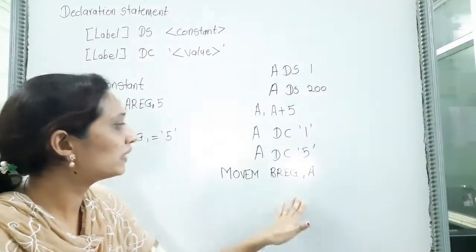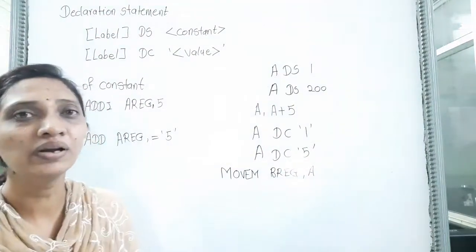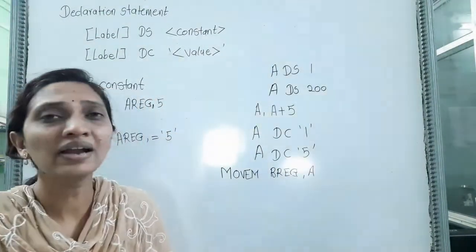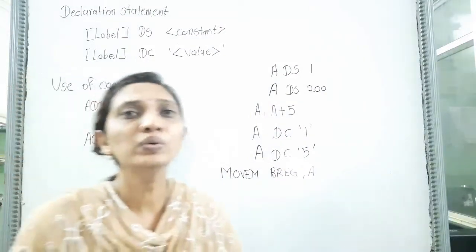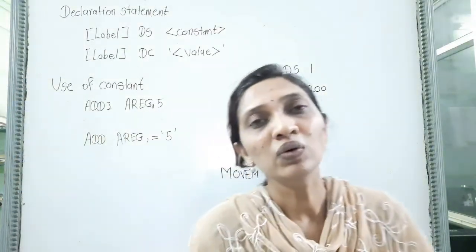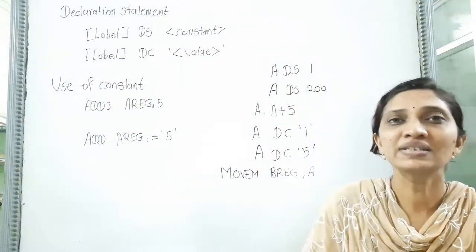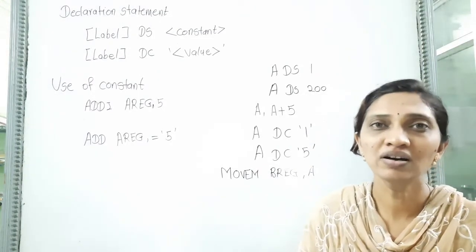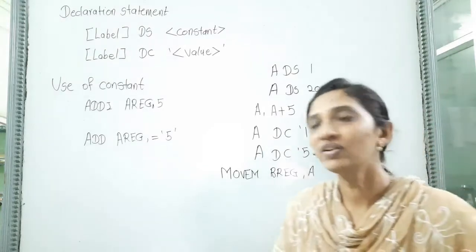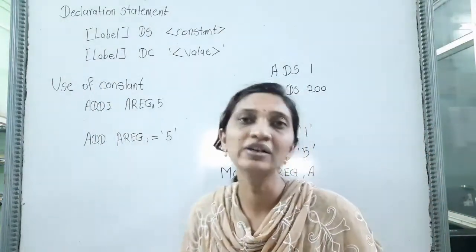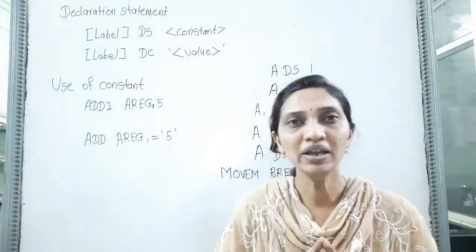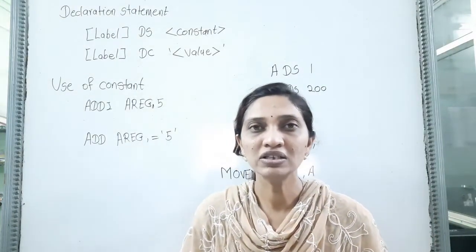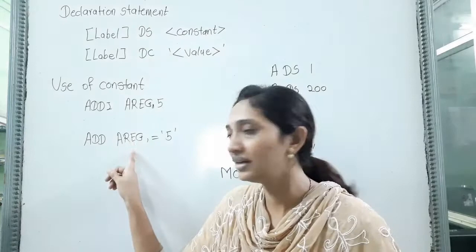It does not contain the constant value. So we say that we are not safe to use a constant here. For that purpose, the assembly language provides two ways to specify the constant. The first way to use a constant is by using the immediate operand, and the second way is by using a literal.